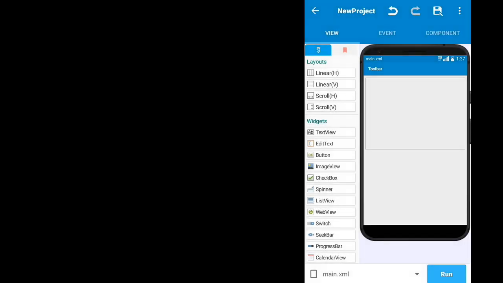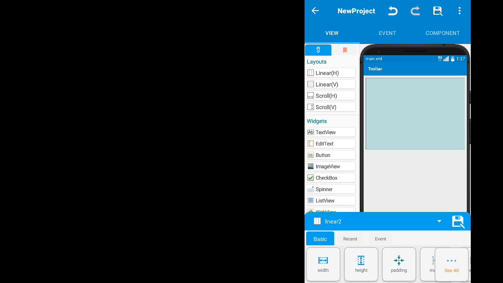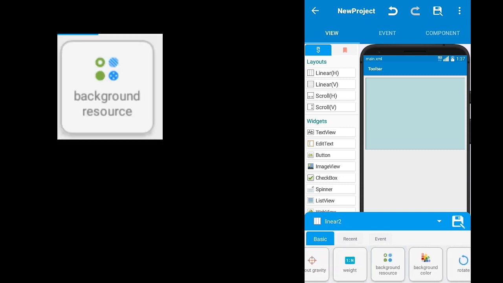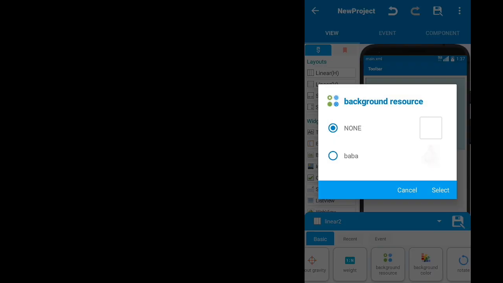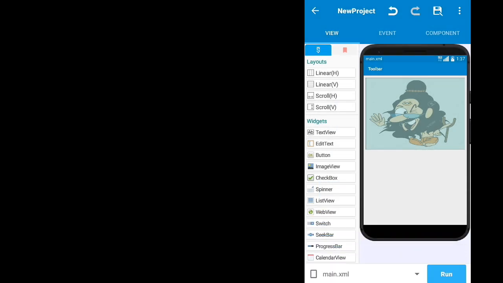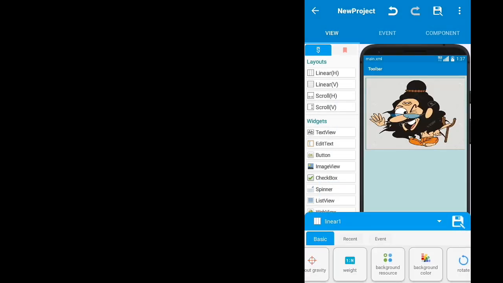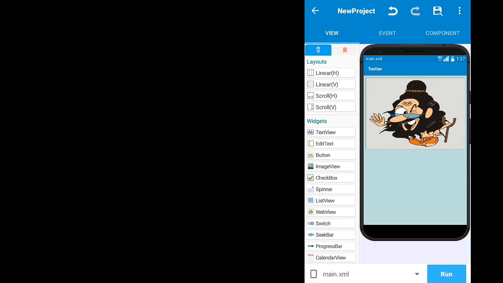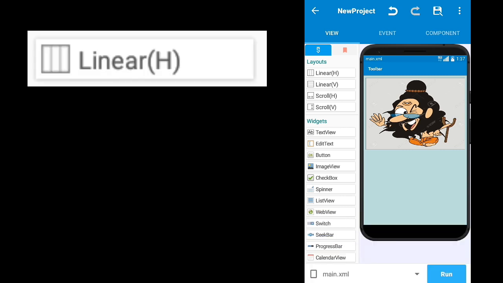Now select the smaller layout B and change the background resource to the image we just imported. Now take two layouts called linear H and put them below the last layout.